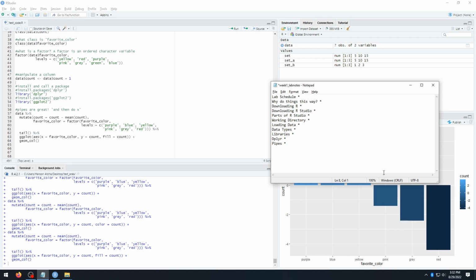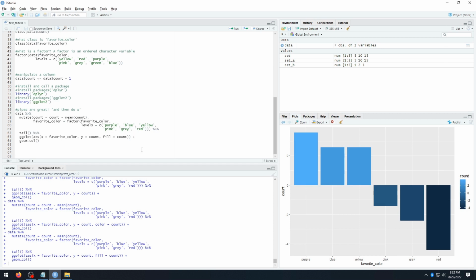Then we talked about data types. We talked about the difference between integers and characters, for example. We talked about the usefulness of libraries overall, and then we went over dplyr and pipes and why they're so useful. So there's no homework associated with this lab, but I hope you'll spend some time noodling around in R,